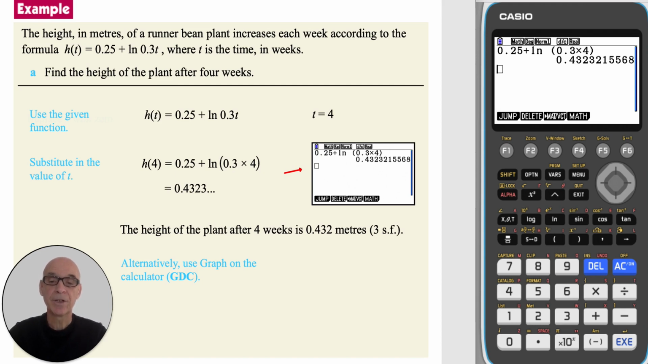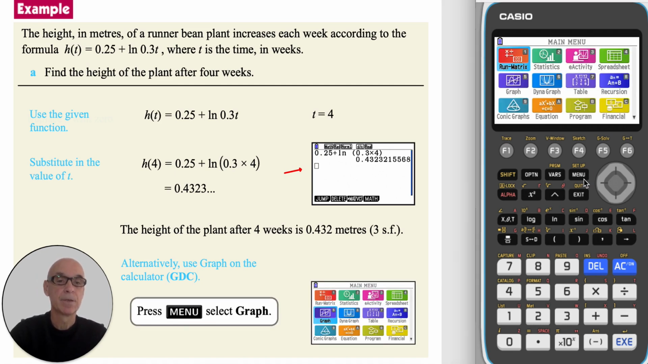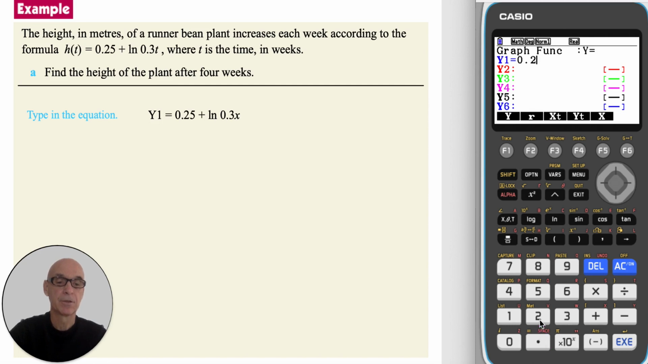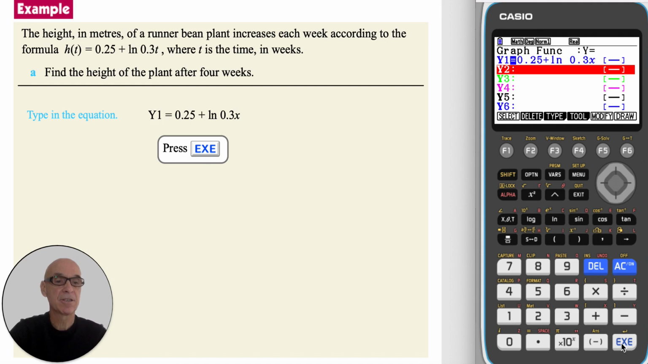Alternatively, we can use graph on the calculator to solve the problem. From the main menu, select graph. Type in the equation into y1, that's 0.25 plus pressing the ln button for a natural logarithm, and then 0.3 pressing the x variable button. Pressing execute to enter the equation,